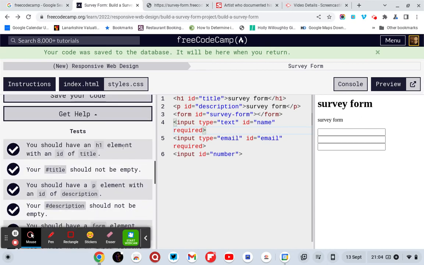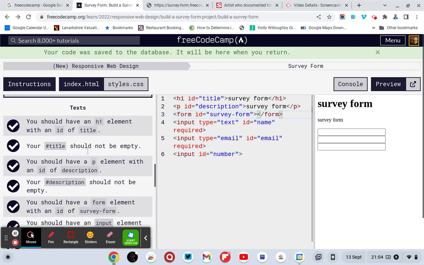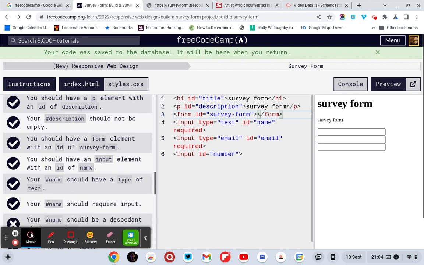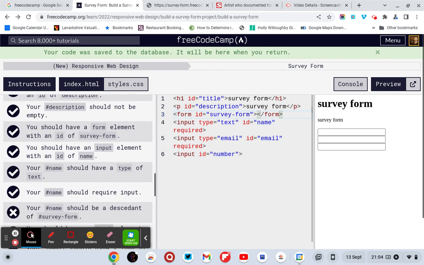Right, so you should have an H1 element, H1 ID equals title, survey form, closing H1, P element, ID equals description, survey form, P element, form, ID equals survey form, closing the form, input type equals text, ID equals name. And it says you should have an H1, your title should not be empty, you should have a P element with an ID of description, your description should not be empty, you should have a form element